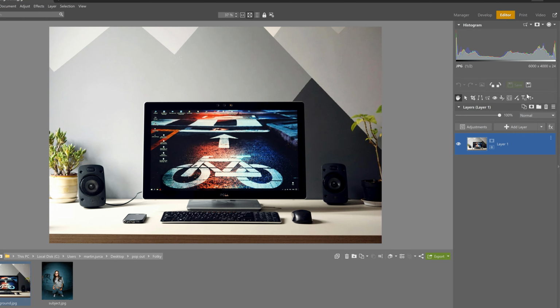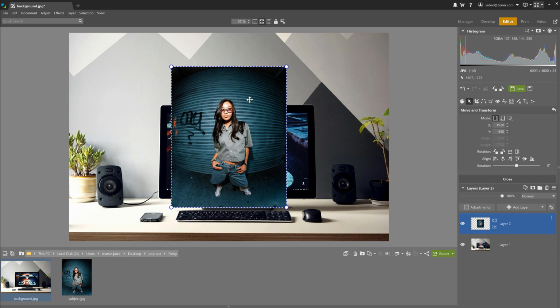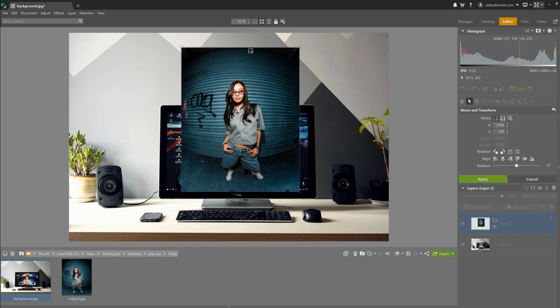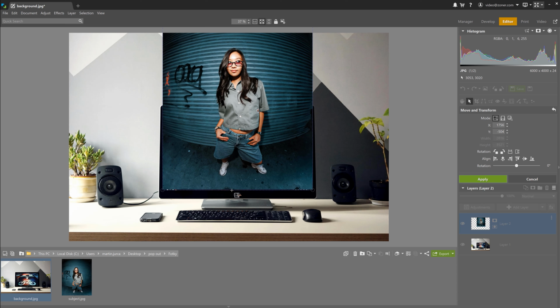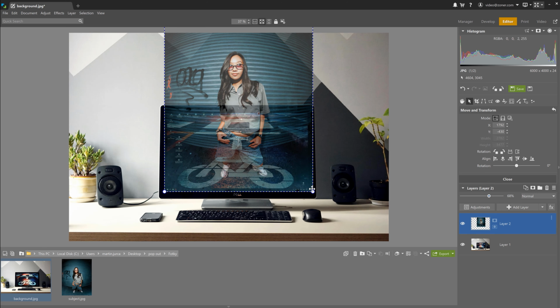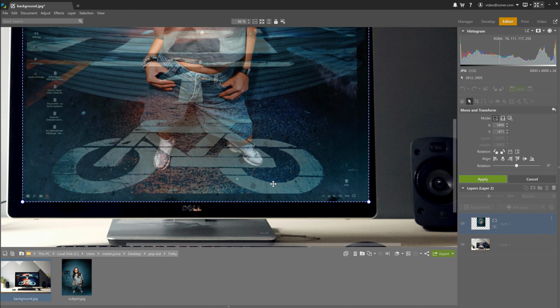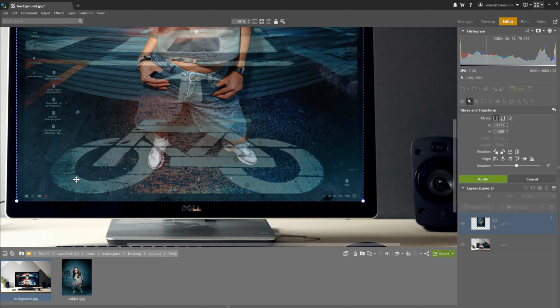Now, once the background photo is open, I'm going to insert the subject photo into the montage. First thing that we want to do is enlarge and position it so that it completely covers the monitor screen area. It shouldn't be smaller than the screen, otherwise we'd end up with an empty space, and that would be tricky to fix later. Now to help out with this, I'm going to lower the layer's opacity so I can see which parts are still within the screen and which parts stick out. Once that's set, I'll return the opacity to 100% and then move on to the next step.